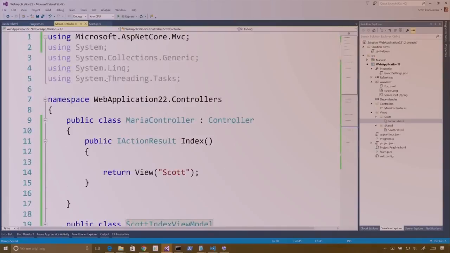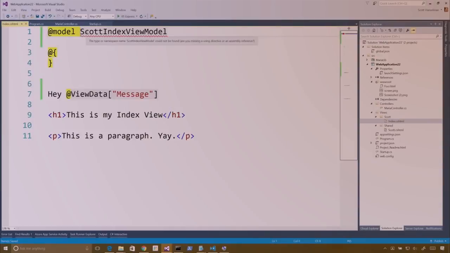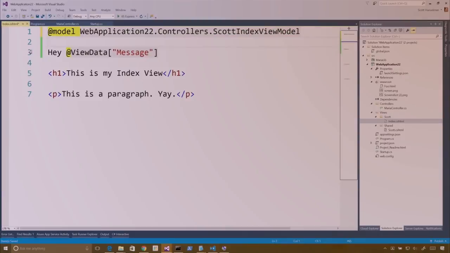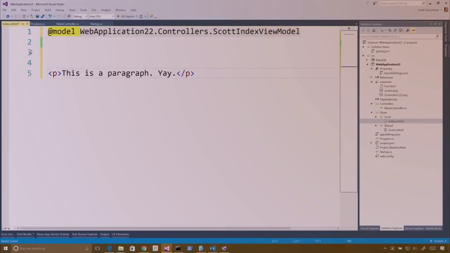Pass in Scott index view model. And I may need to include the full namespace. Yeah, see how it doesn't like it? I'll put the full namespace. Typically, you put that in its own namespace, like view models or something like that. Okay. So then, instead of doing it like this,